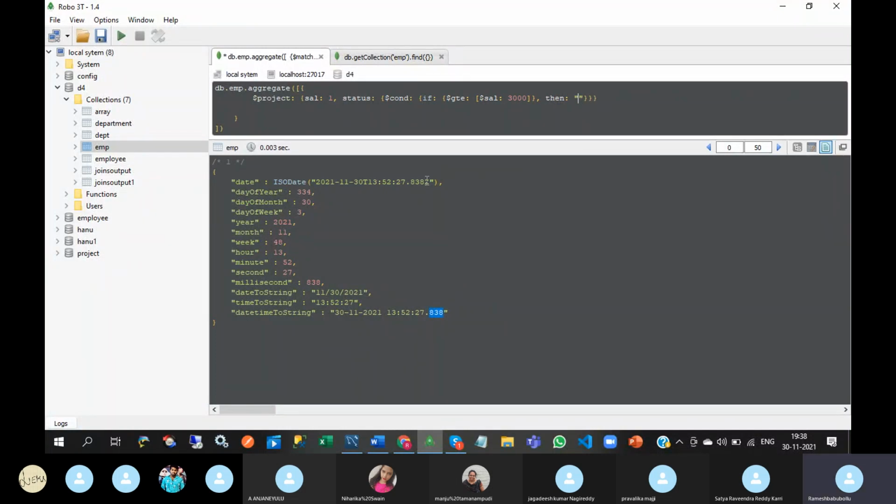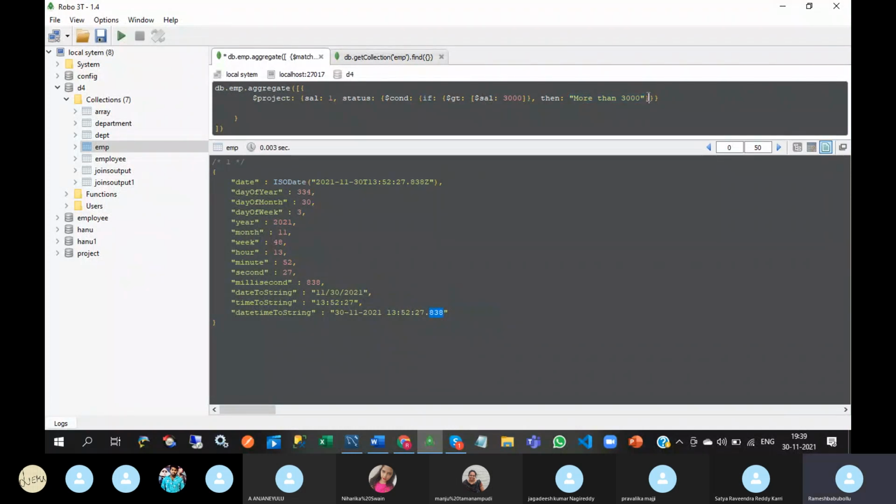So you can write more than 3,000. So this is one expression. If the salary is greater than 3,000, then you need to display more than 3,000.